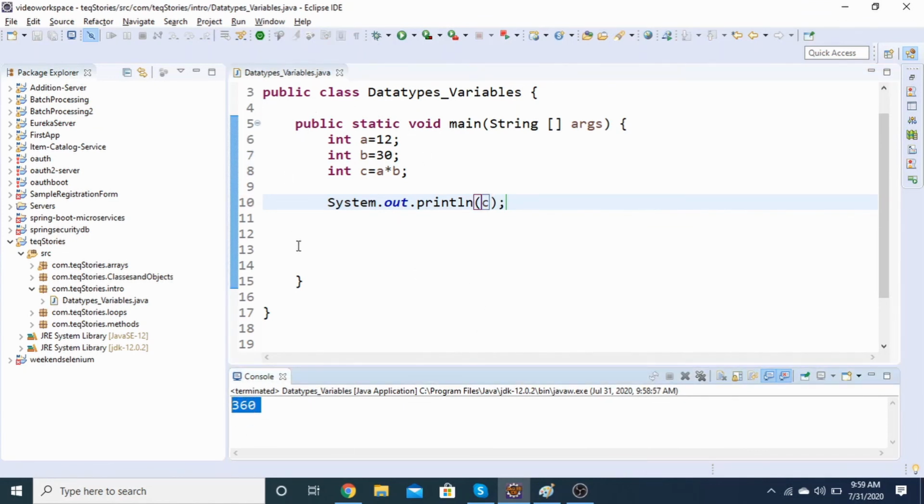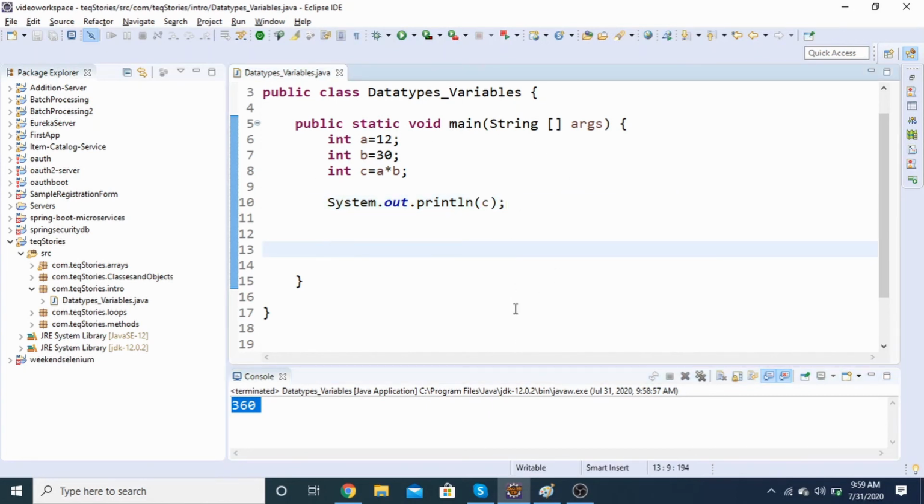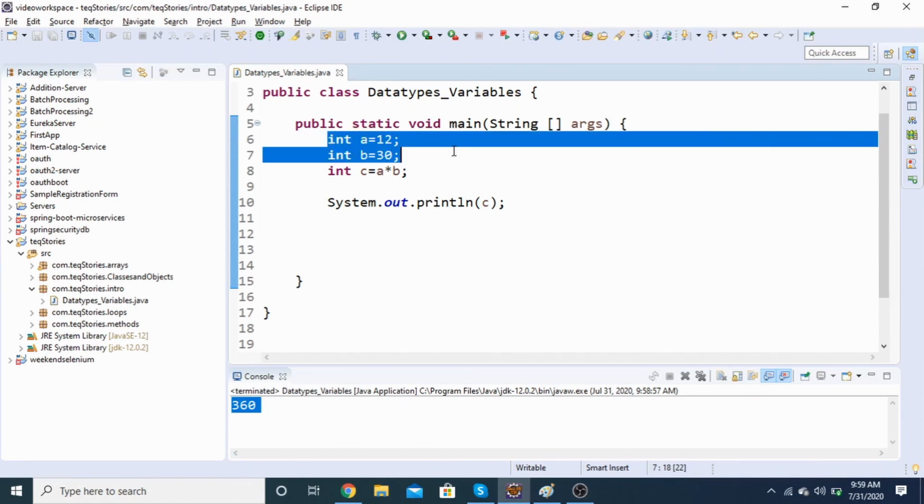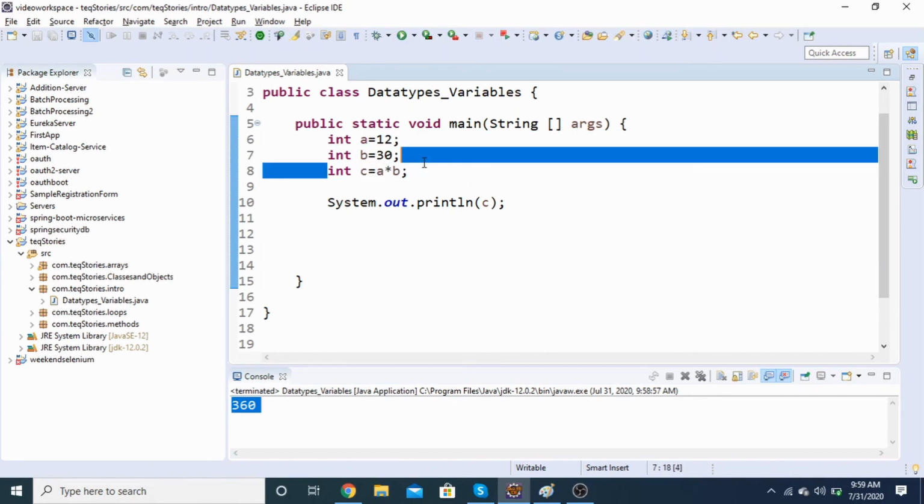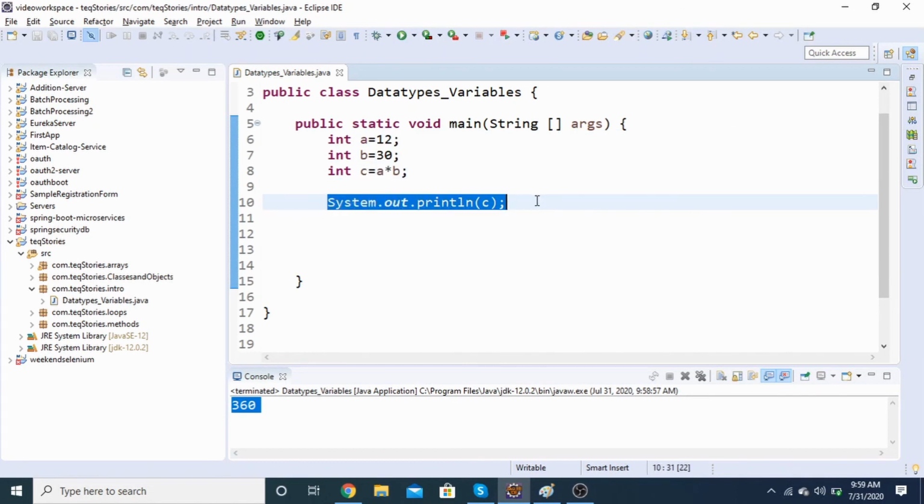This is how we have to start working with data types and variables. You all can see that this is how we are working over the data types. So what are we doing? We are basically declaring the variables and defining them. After that we are playing with the numbers, and then we are printing out the respective results. So I hope this topic is very much clear to all. This is how we have to define the variables. This is how we have to define the data types as well. And this is how we have to do some basic operations.